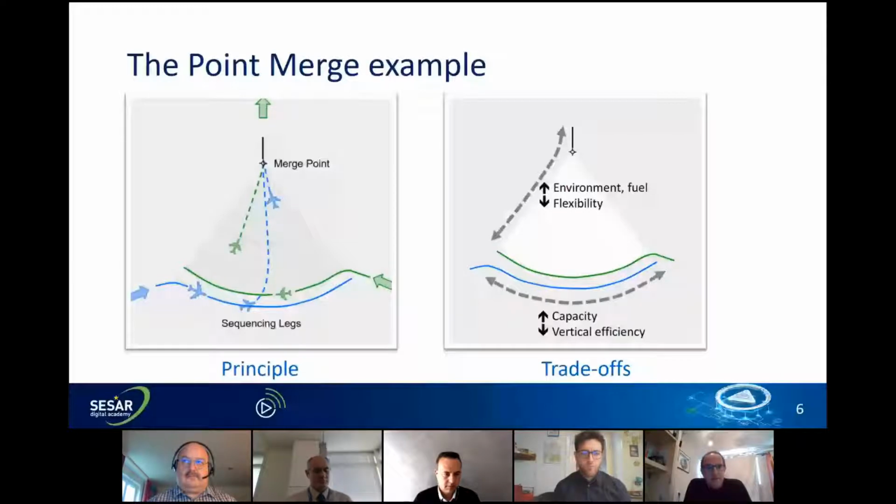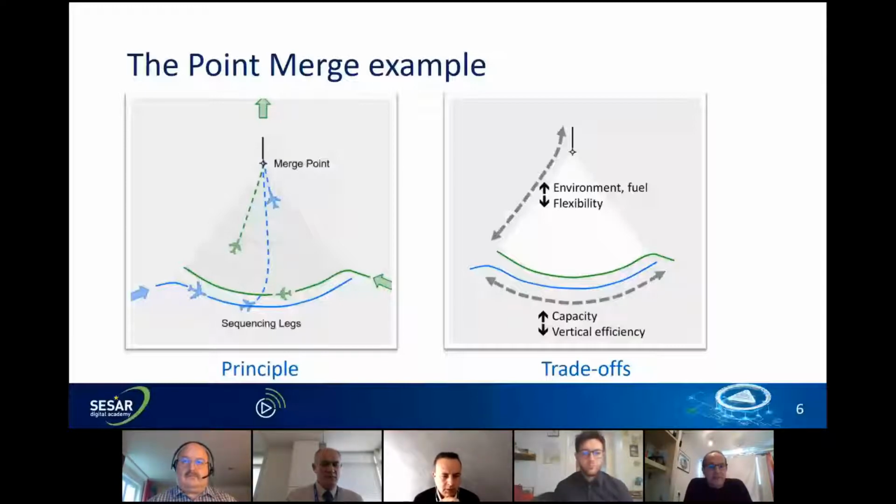Let me take the example of point merge route structure. For those of you who are not familiar with this, the idea behind point merge, which is actually a fixed PBN procedure that has been deployed in about 28 places around the world now, is first, instead of merging towards the runway axis, to merge toward the point prior to the axis, then a final segment joining the axis. And before that, sequencing legs in the forms of arcs at isodistance from the merge point that can accommodate path